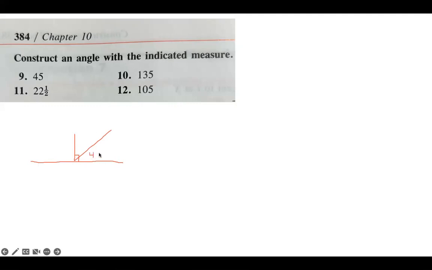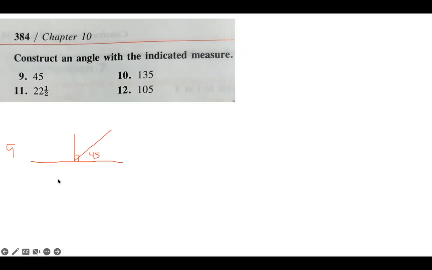Now, remember, that would be two constructions. So this is question number 9. Construction number 1, make a perpendicular. Construction number 2, and I don't mean literally number 2, but the second construction on this, is make an angle bisector that would make 45 degrees. All right, how about number 10? What do we have to make? 10 is